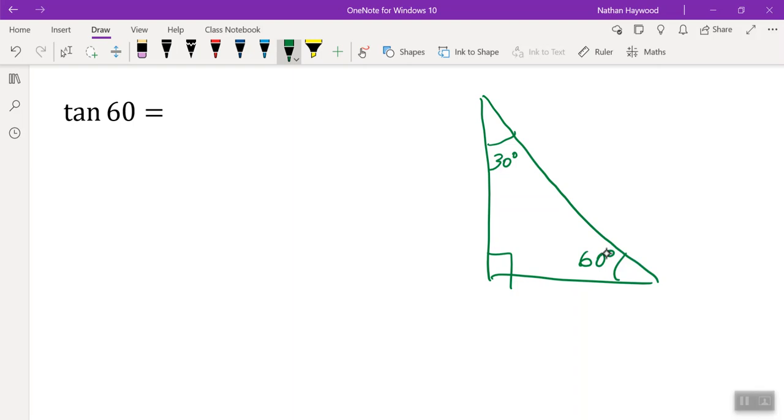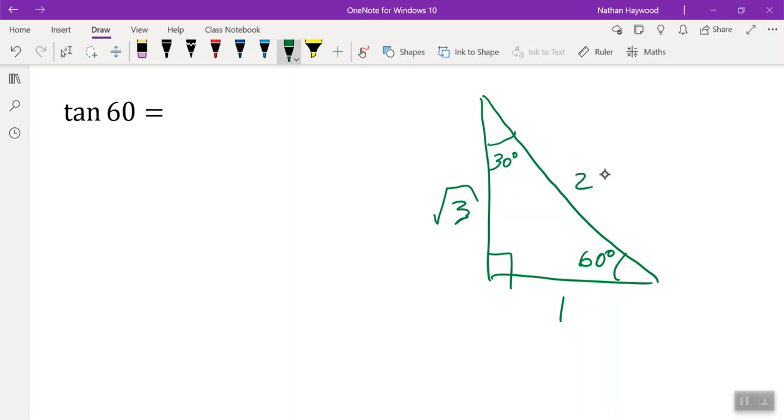This is how I remember this one. The side next to 30 degrees is square root 3. So they both have a 3 in them. So square root 3. The side next to 60 degrees, does anyone know? 1, yep. And the hypotenuse is